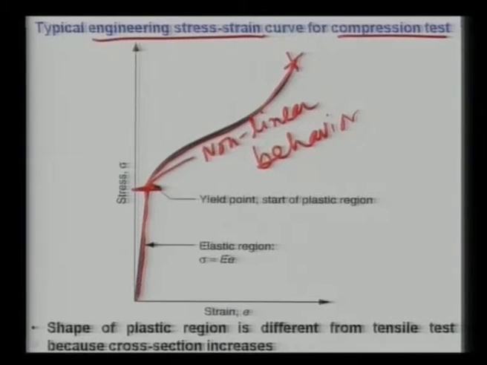In the case of the tensile test it goes through this kind of behavior, then goes to fracture. So this is for tension, T, and this is for compression, C. You can clearly see that the same metal behaves differently when it is stretched in tension compared to when it is squeezed in compression.